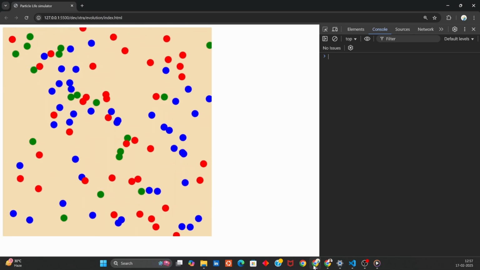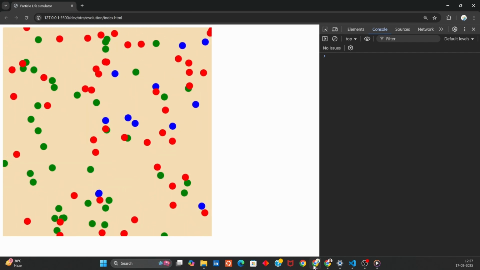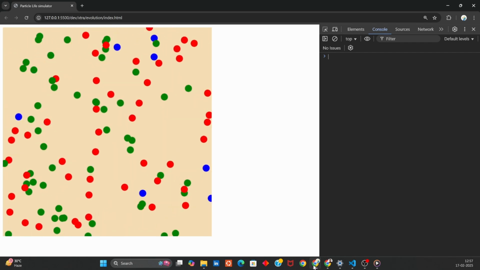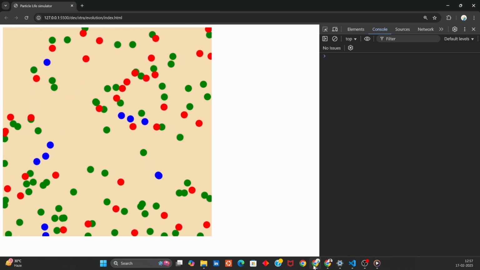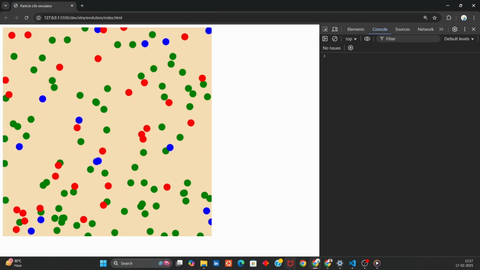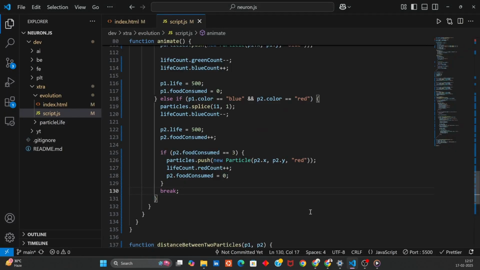Okay, I believe we have reached some kind of equilibrium. We have reds, blues, and greens. Now the reds will start dying because they don't have much food. Now the blues are increasing their numbers. Yeah. So I believe what was happening is kind of like,